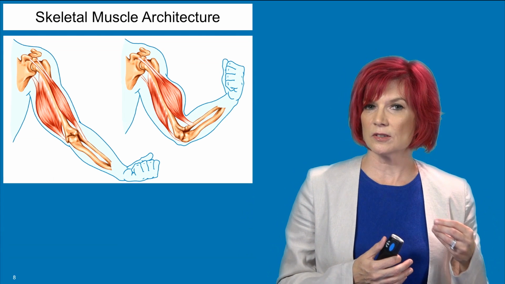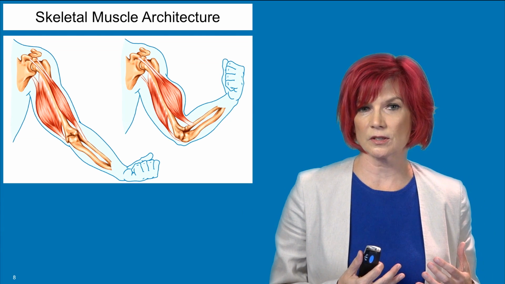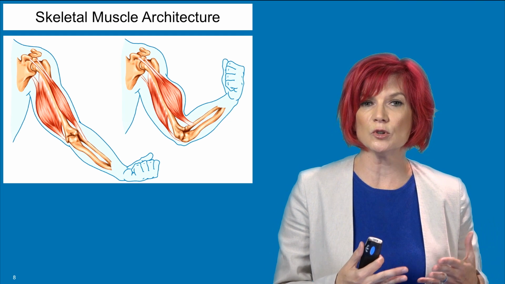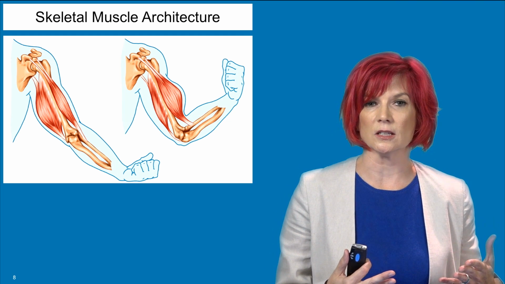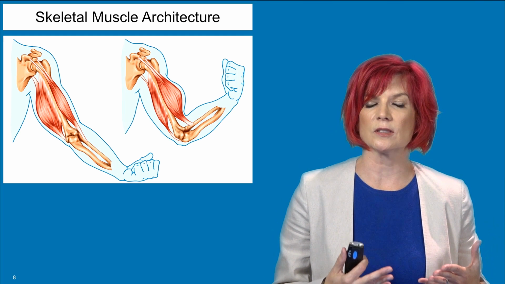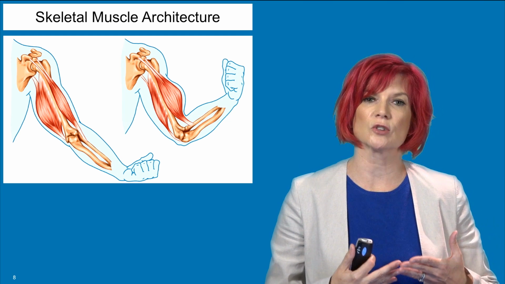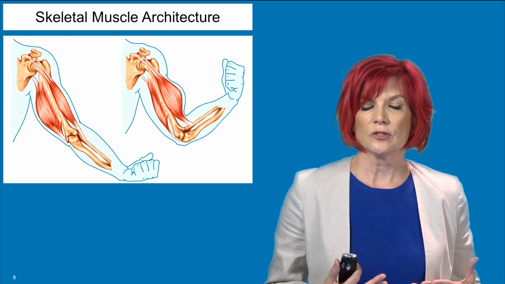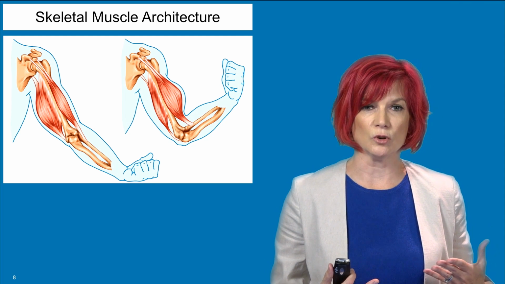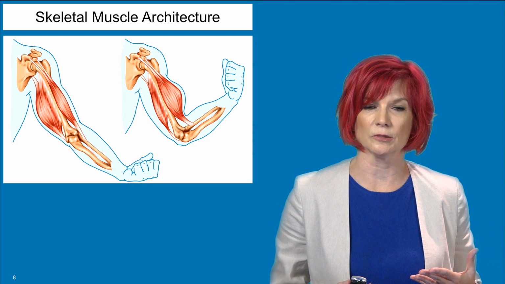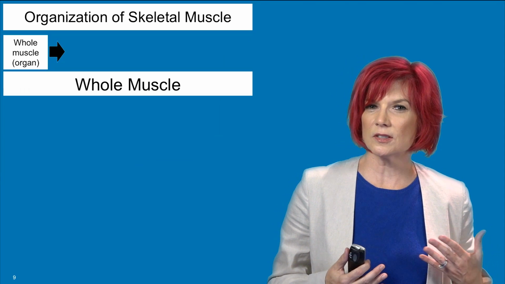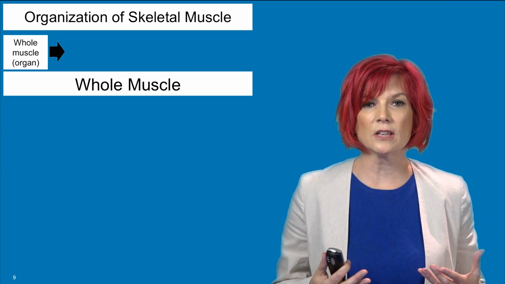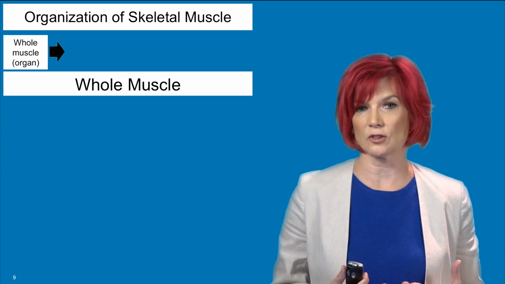So skeletal muscle is going to be the focus of our course. We will talk a little bit about the function of cardiac muscle and smooth muscle as it relates to disease, but we're going to be mostly exploring skeletal muscle. So the introduction will focus on that. Skeletal muscles are found throughout the body, as you know. They're connected to bone, which they move by virtue of a tendon, shown here. So the organization of skeletal muscle is very layered, and those layers allow for the regulation of skeletal muscle function,